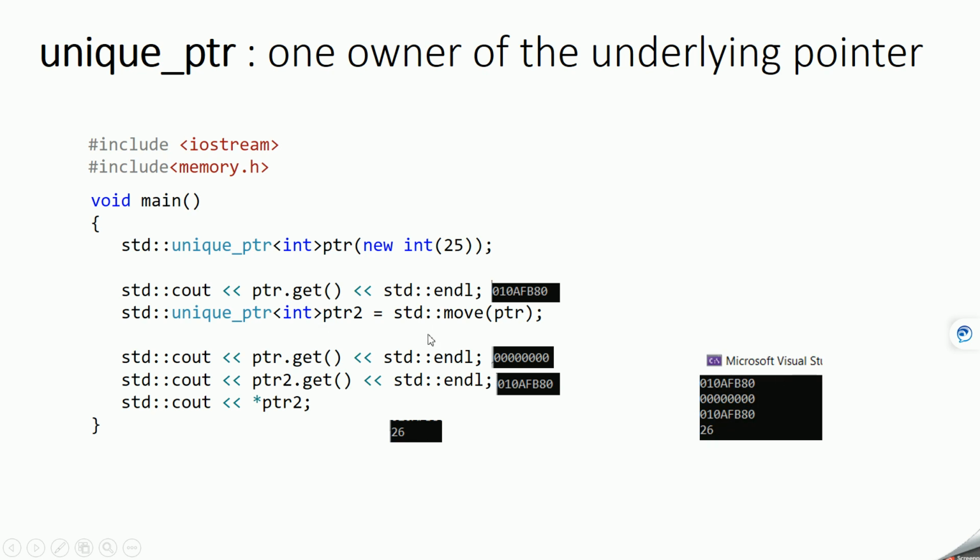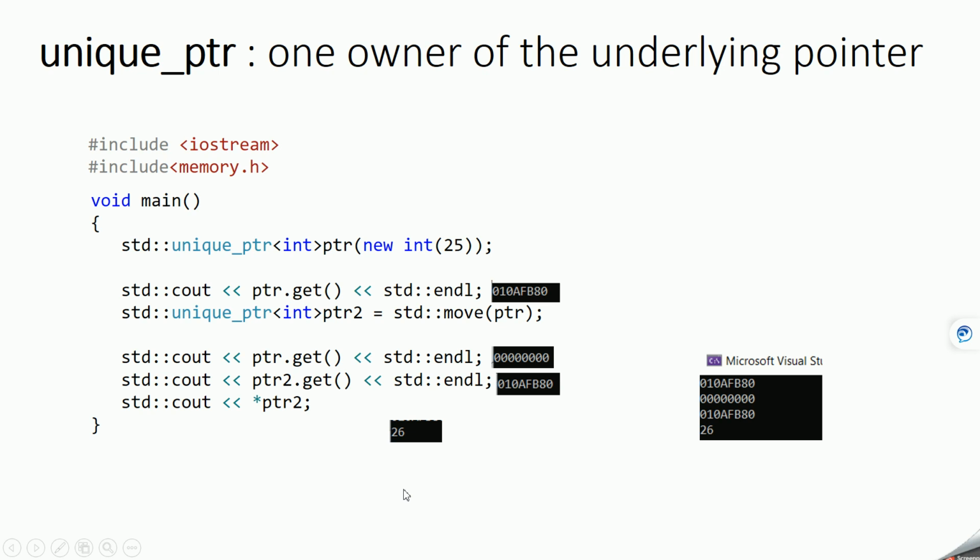So this line of code will give you output like this, and this will be the final output. If you observe or run this program, it demonstrates that the unique pointer cannot share the memory. Basically two or three or multiple unique pointers cannot share the memory. Only the memory can be moved, that is, ownership can be moved.